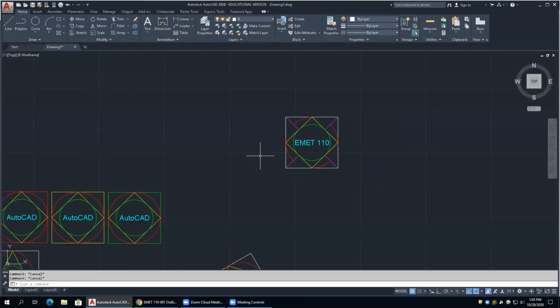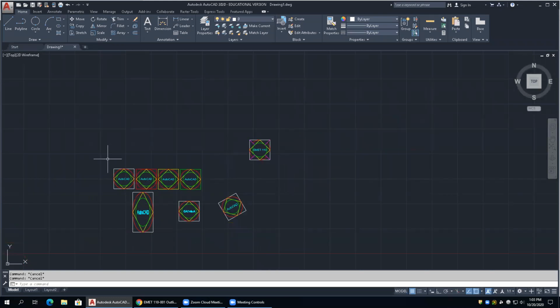Okay, so you can see I've drastically made some changes. Just make some changes that you can see, okay? They don't have to look like mine. Just make some changes. All right, so I added some objects, trimmed them. I put that on a new layer. I changed my text. So what I want to do now is I have this block inserted 1,000 times in